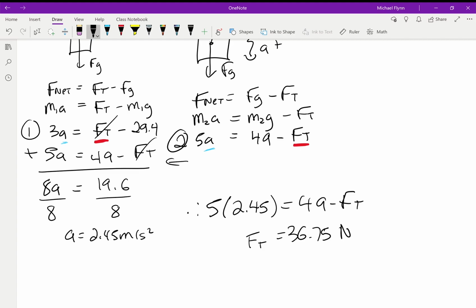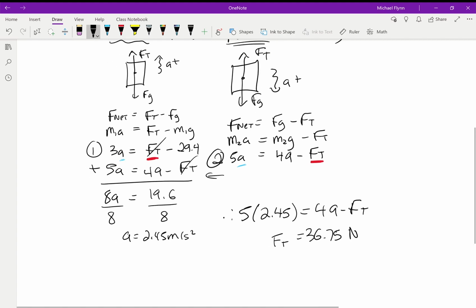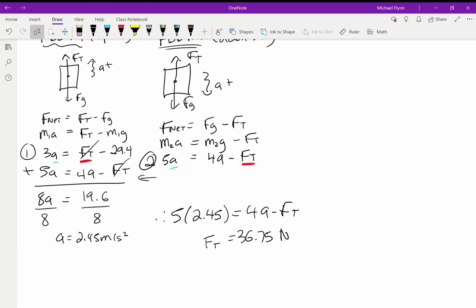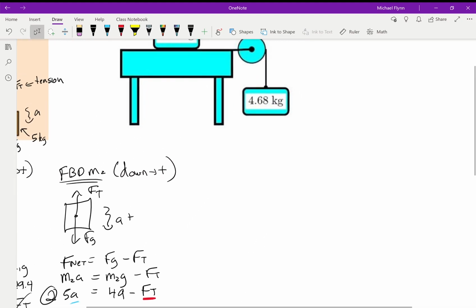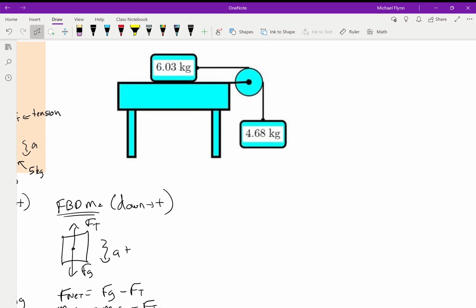So there you go. That's how much tension's in the rope. That's how much acceleration is in the system. Okay, so in a nutshell, that's how you do pulley problems. Really straightforward. You're always doing the same thing. Okay. Now, there's another question on the assignment, I'm just going to move this diagram over a little,